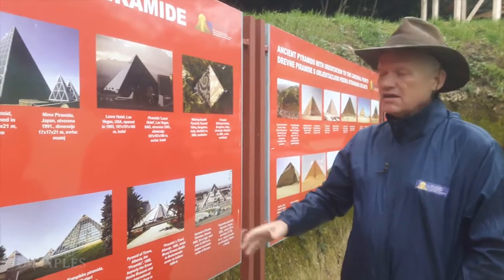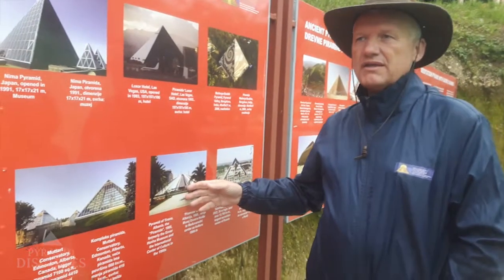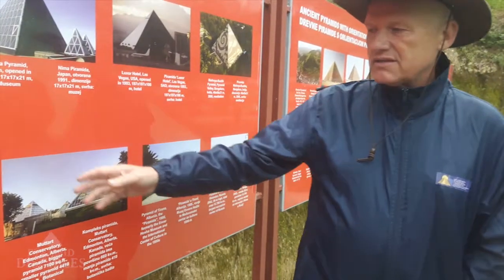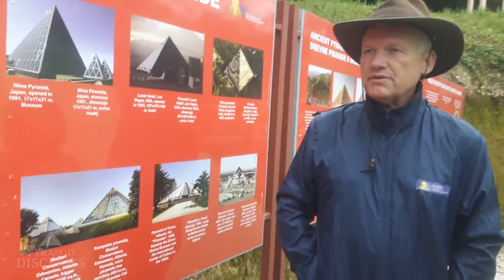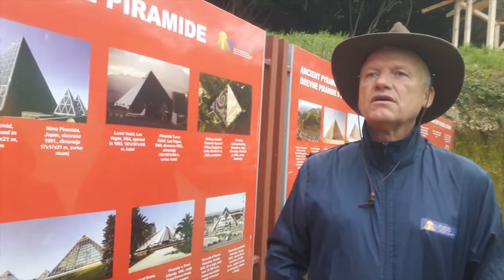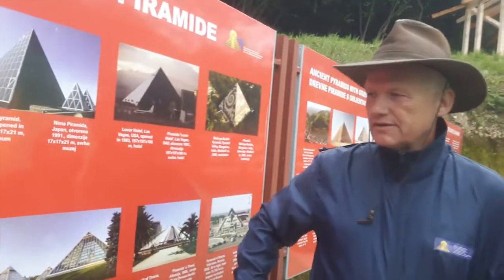And some others. A fitness club in Russia, in Tirana, Albania, built by their communist leader, Enver Hoxha, and some others. Residential areas like in Chicago, the Golden Pyramid was built as the residence for the Musa. White Pyramid